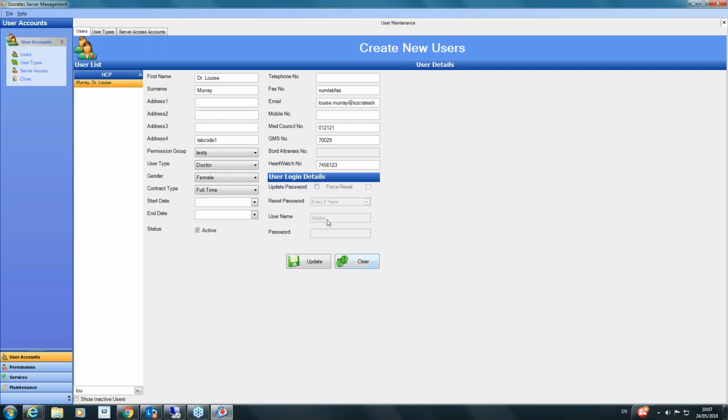And if I didn't actually know what my password is, I do know mine, so I don't need to reset it. But you can always go in here and reset it. And when you reset someone's password now, as I was saying, it needs to be 12 characters long and contain 1 capital letter, 1 number, and 1 special symbol. So I might just show you here, if I was to create a new user,